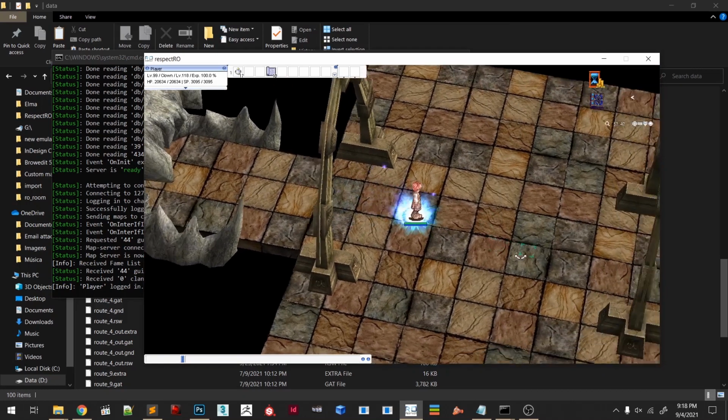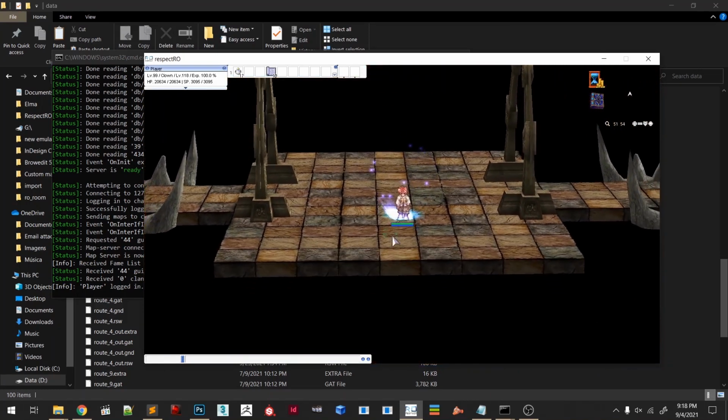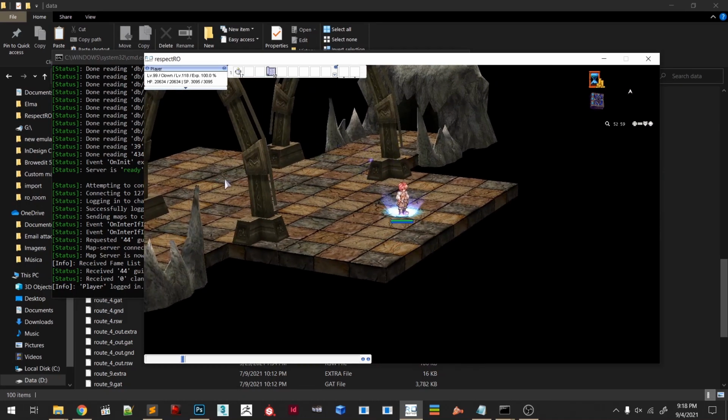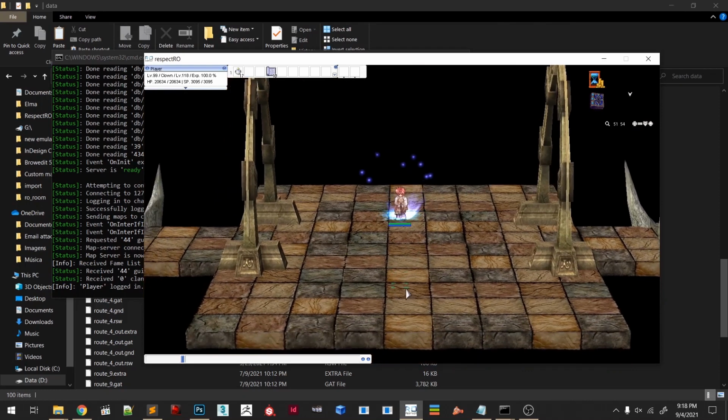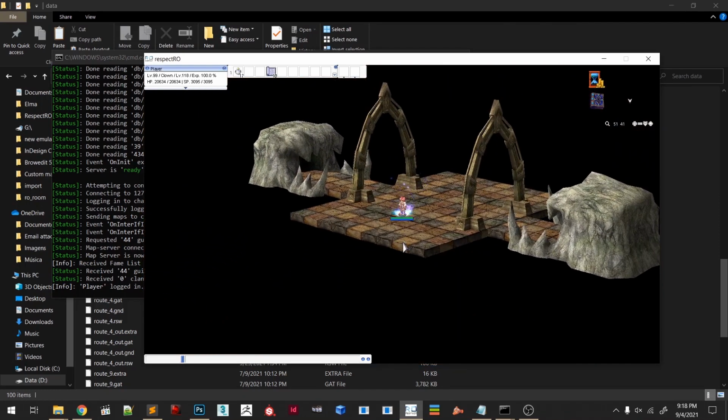Remember that this map will be available in the download description, and I really wish someone could continue to develop and see more versions of this map as well. So I'm staying here and see you on the next one. Thank you.